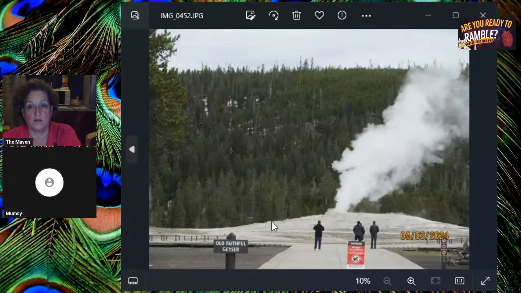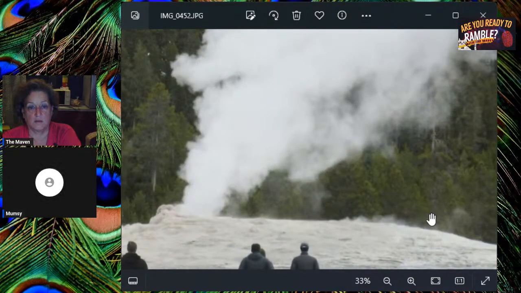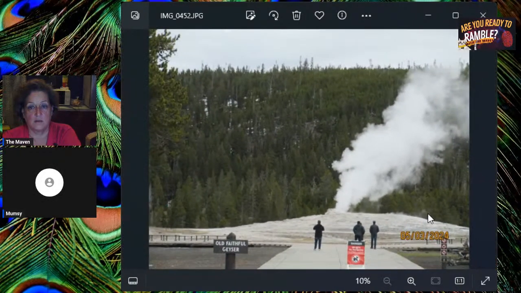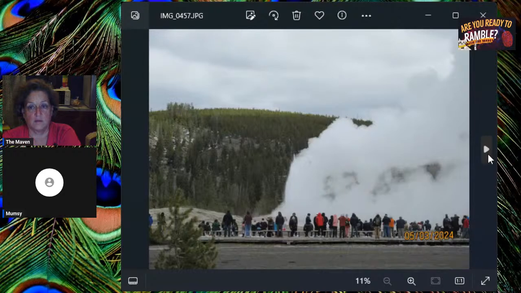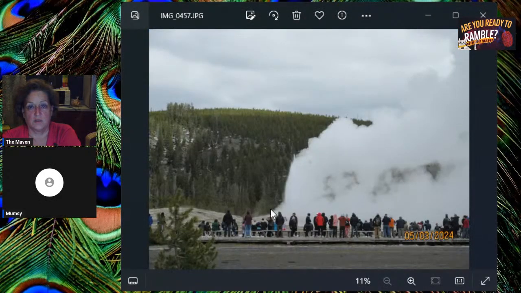On the left hand, it's all steam, but then it will start shooting up. Yeah, see right there in the corner, it was shooting up. Most of that's all steam. And then the wind is blowing it this way. So it was very interesting to see.